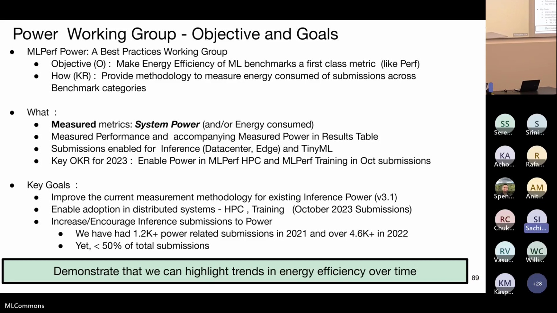All of them have to submit power, and we wanted to come up with a consistent methodology, which we have done, right? So it's not perfect, but it is good that we can have a starting submission. And then for inference, we made improvements. Every submission there are some issues that come about, and then we try to fix them. So we've been doing that.